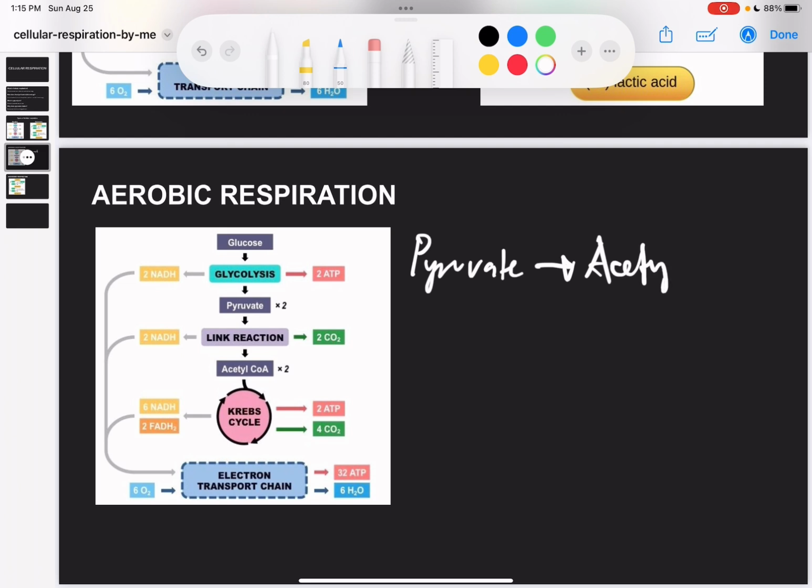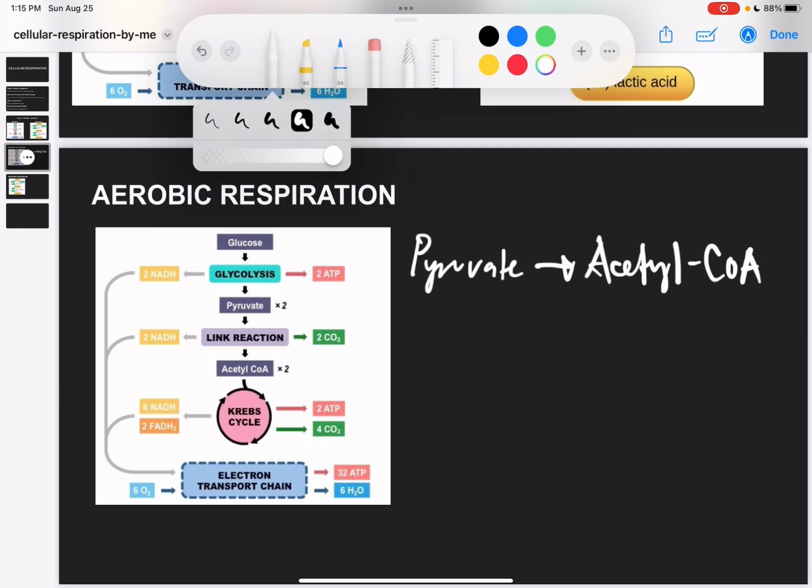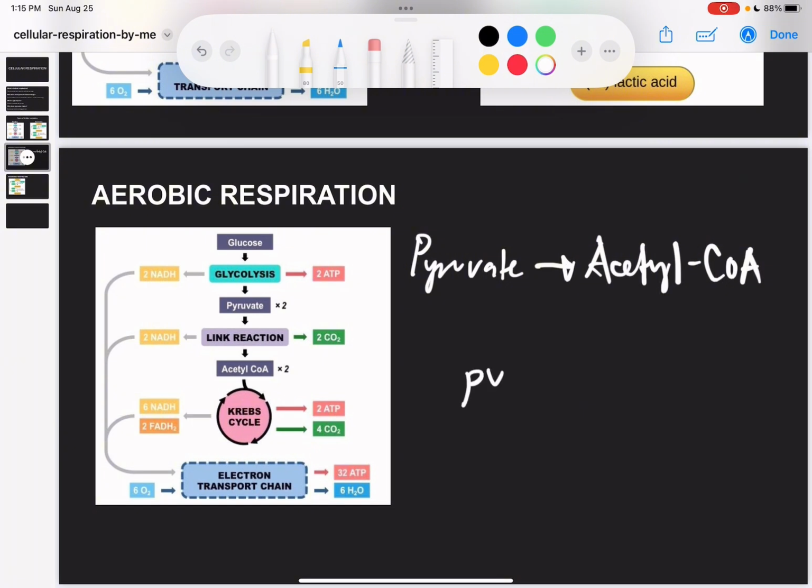Acetyl CoA. Now, why does acetyl CoA matter? Why do we have to turn it into acetyl CoA? Why can't we just use pyruvate? Because pyruvate can't be used in the citric acid cycle directly, or the Krebs cycle, as we call it. First, it must turn into acetyl CoA via the enzyme pyruvate